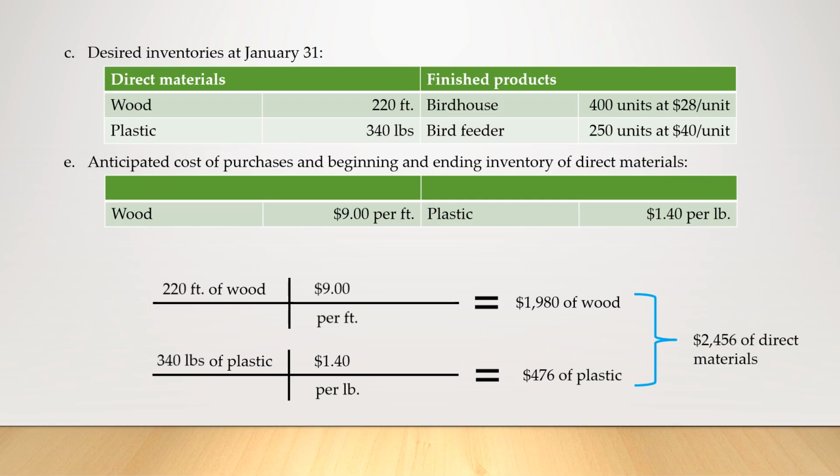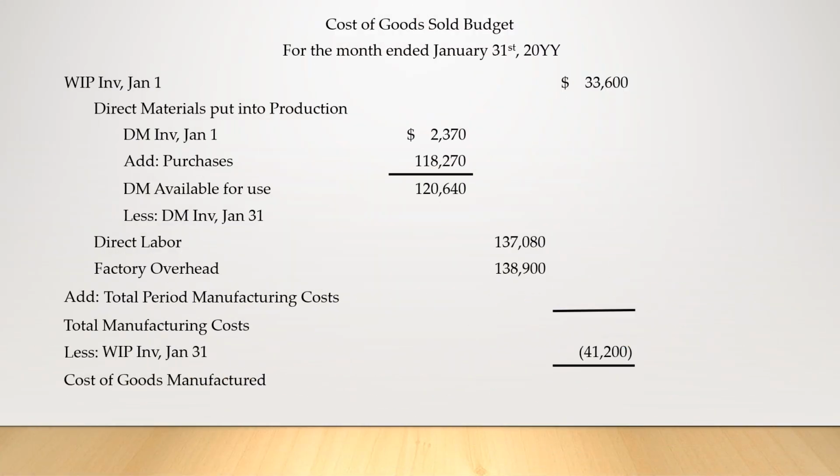For a total ending direct materials inventory of $2,456. The total dollar value of direct materials put into production will be $118,184. Total period manufacturing cost is, as a result, $394,164, giving a total manufacturing cost of $427,764. The total cost of goods manufactured,